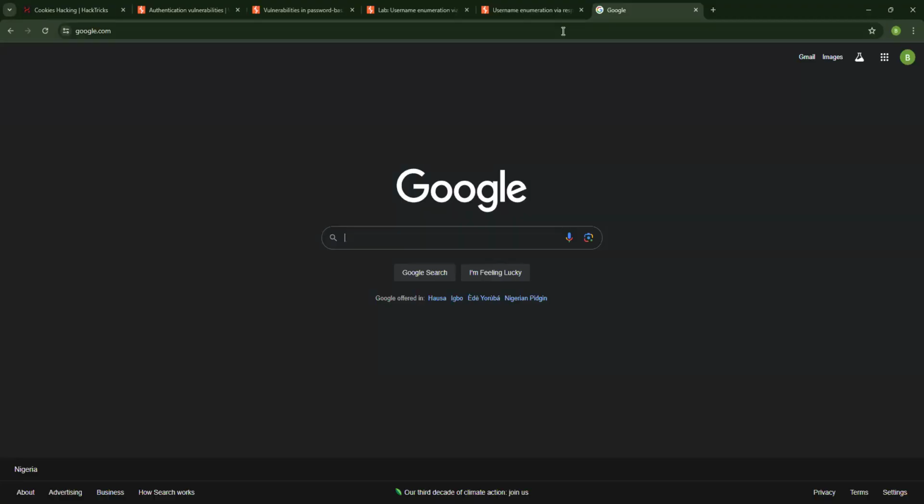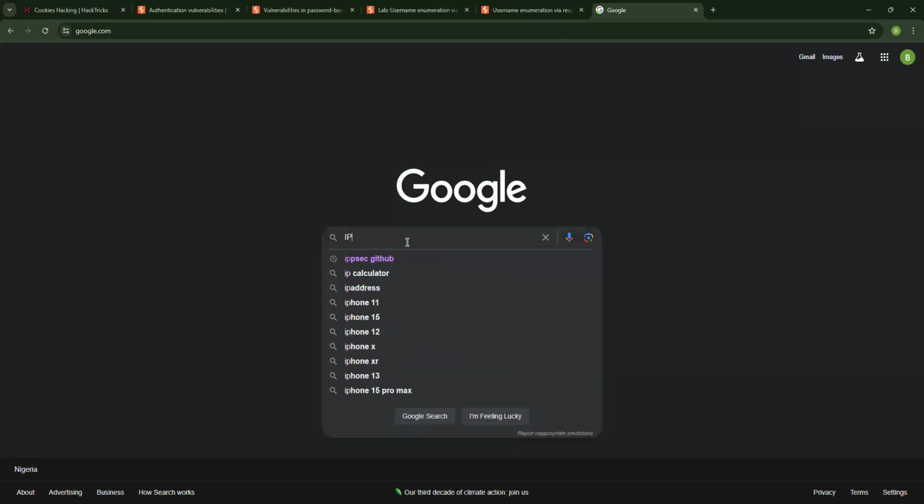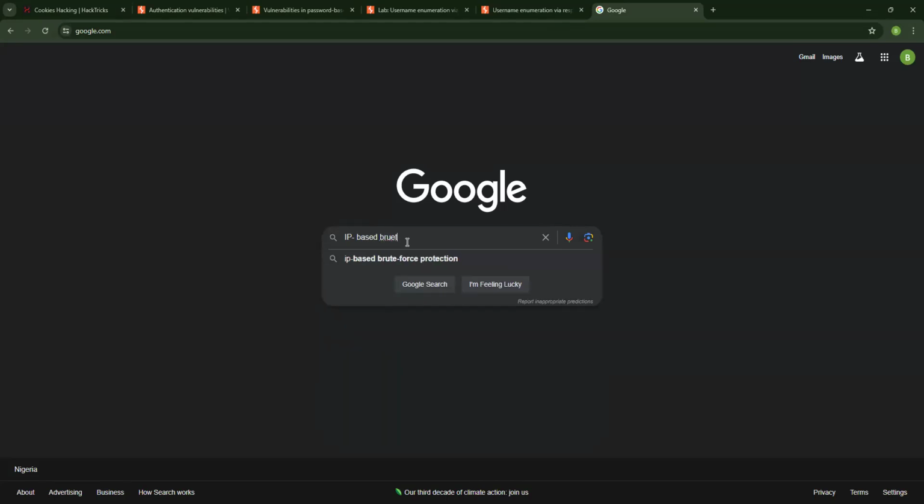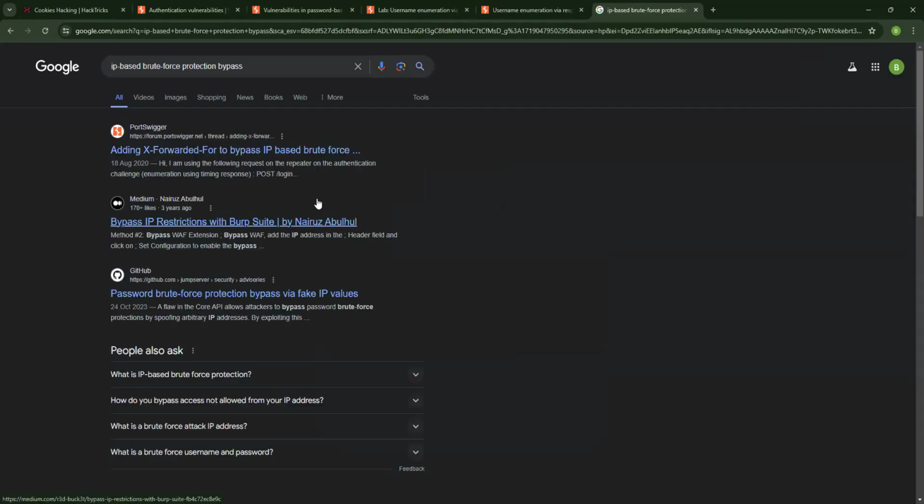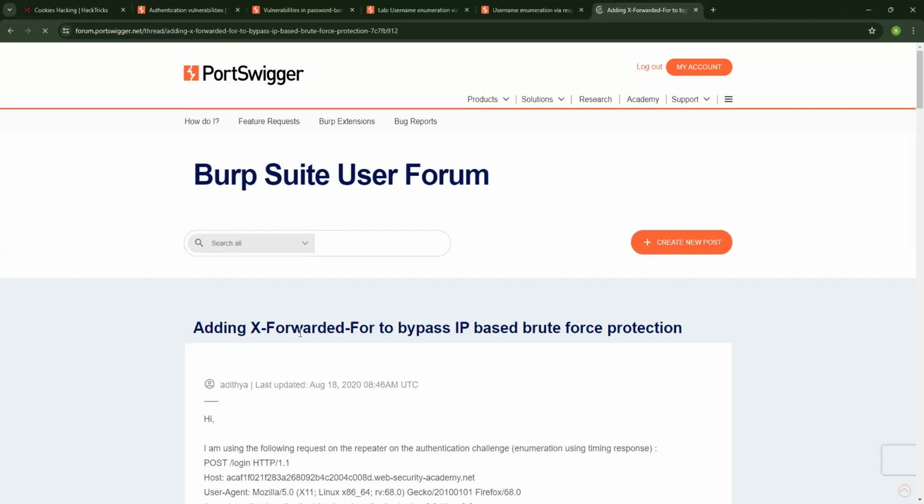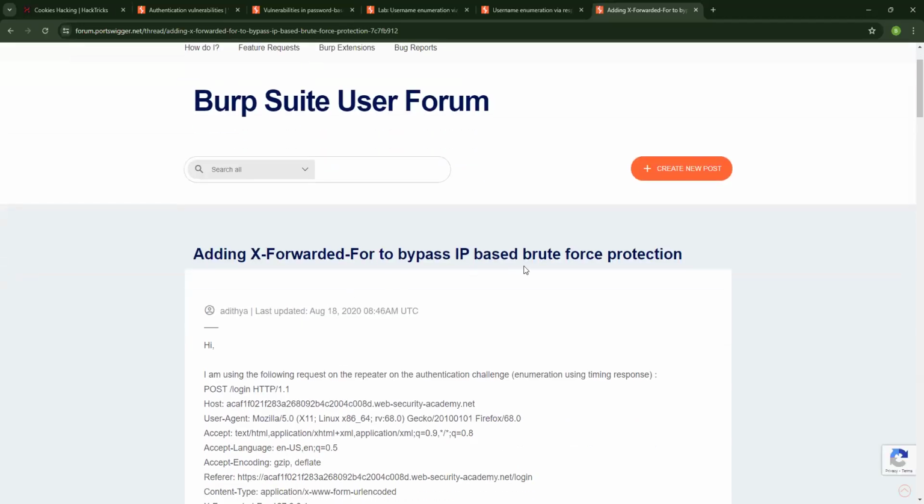So I'll probably go to Google and look for IP-based brute force protection bypass, right? I know my IP address is getting blocked, so how can I bypass it? That's what I've just searched for. I know that's the protection in place. Then we want to see if it's possible for us to bypass it. And one of the results I'm getting back from Portswigger is saying that we can add the X-Forwarded-For header to bypass